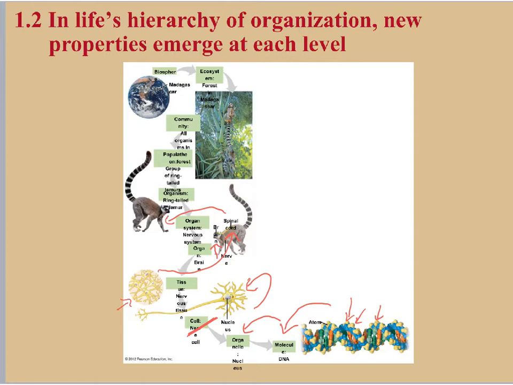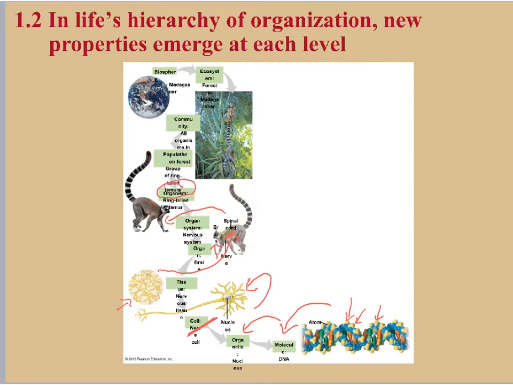So along with the brain and the spinal cord, you've also got what are called cranial nerves and peripheral nerves. You've also got some other structures scattered throughout your body that are part of the nervous system. And that nervous system is just one system that comes together to create this whole